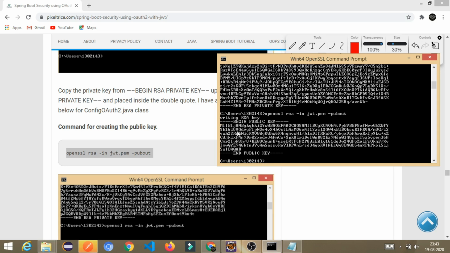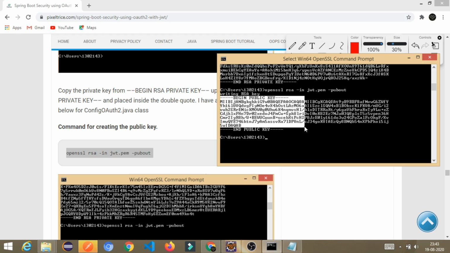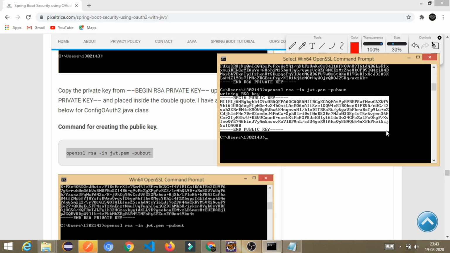Same thing, I will copy it, from BEGIN PUBLIC KEY to END PUBLIC KEY.